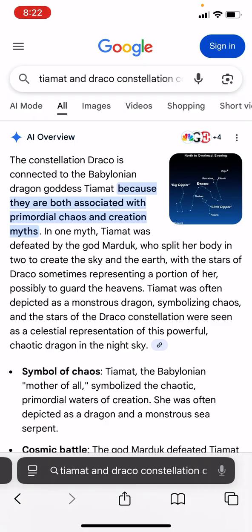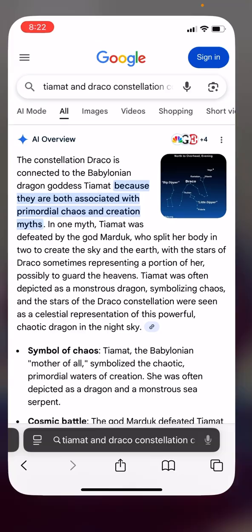Now, who created the sky and the earth, ladies and gentlemen? The Most High. We all know that this is the Most High story. This is not the story of Marduk, and we can see in the Tanakh that these two gods are distinct from one another. They are not the same God. As a matter of fact, let's go there.